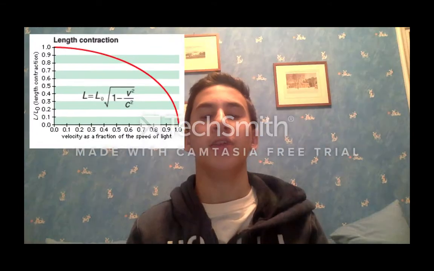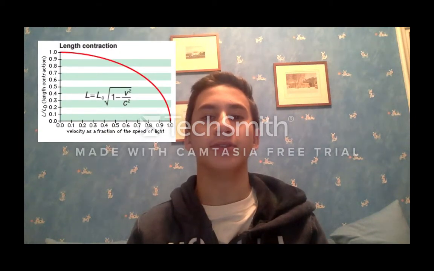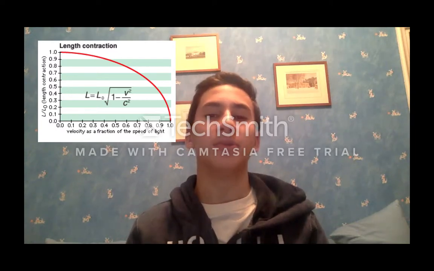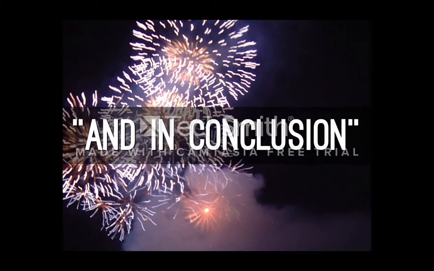Two simultaneous events but separated in space in an inertial frame are not simultaneous in another inertial frame. This causes the phenomenon of length contraction, therefore moving objects are shorter. From a quantitative point of view, the effect of length contraction versus relative velocity of the moving object is as represented in the graph above, where in the equation above, L0 represents the length of the object in its rest frame.